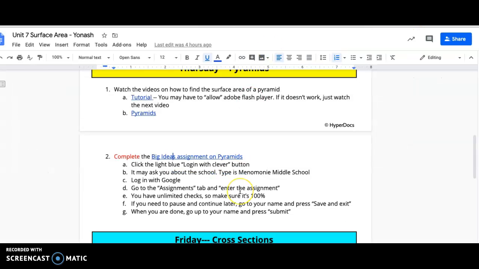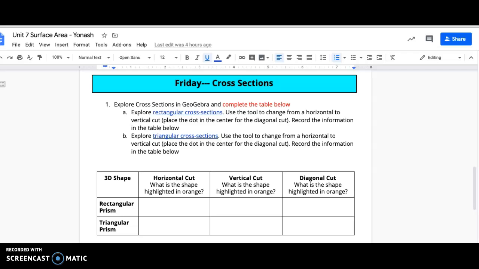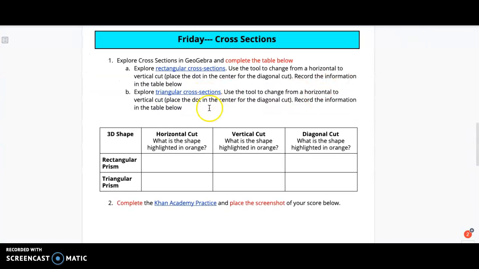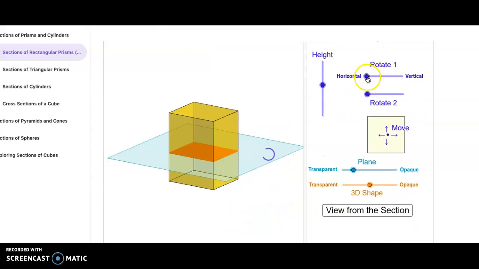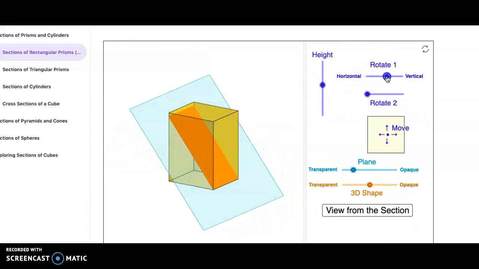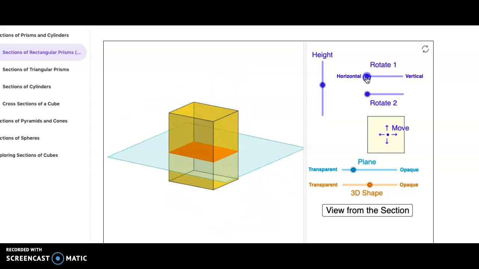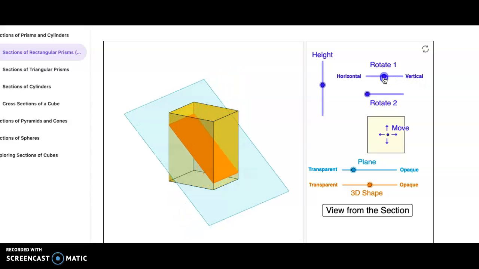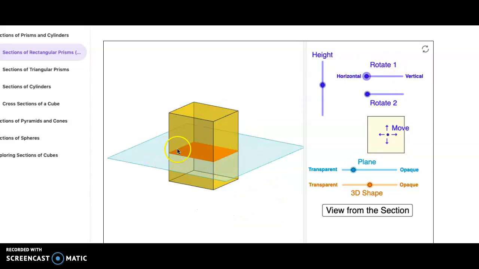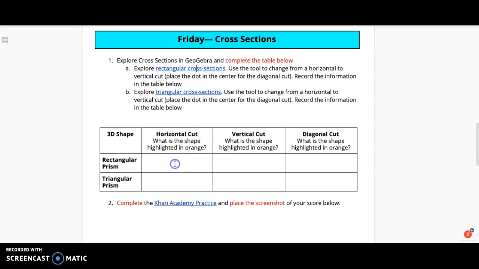Then Friday is cross sections. So what happens when you make a horizontal or a vertical cut on a shape? So you'll open this up. All you need to do is mess with this little slider here, and it's going to show a horizontal cut, a vertical cut, what shape do you see, and a diagonal cut is just straight through the middle. So on this rectangular prism, when I did a horizontal cut, I got a rectangle. So I would type in here,